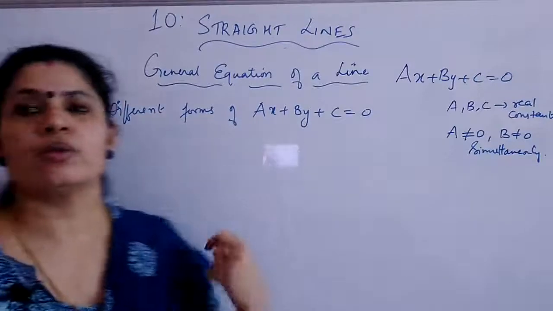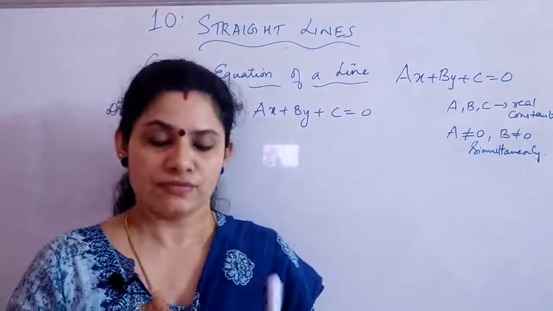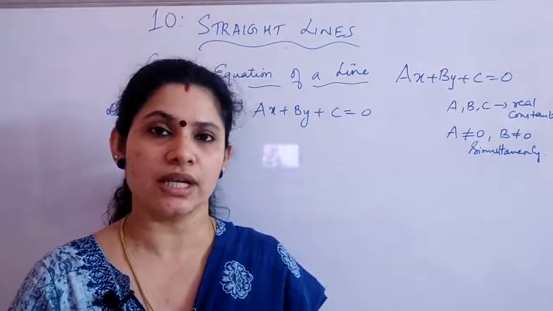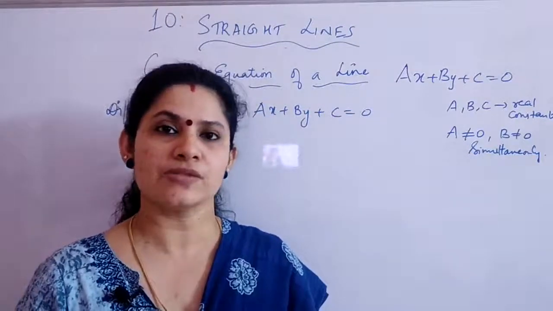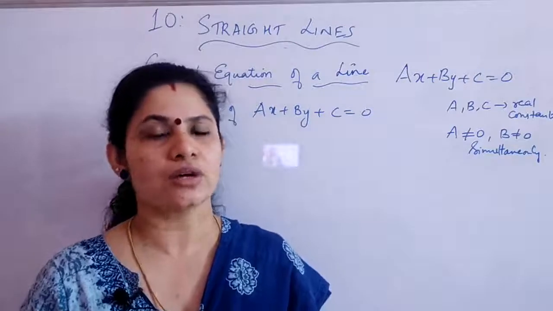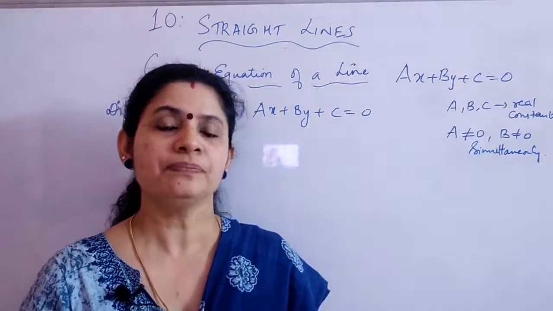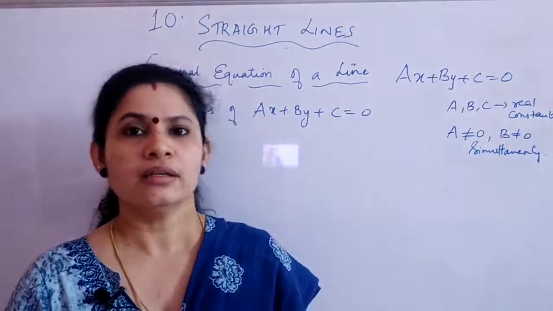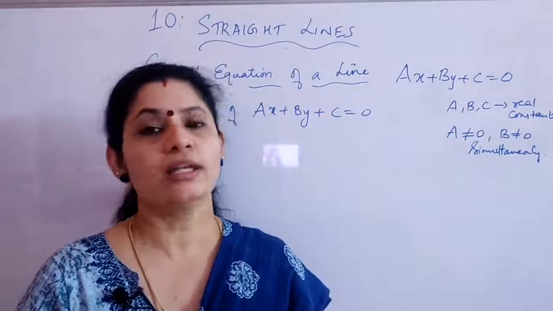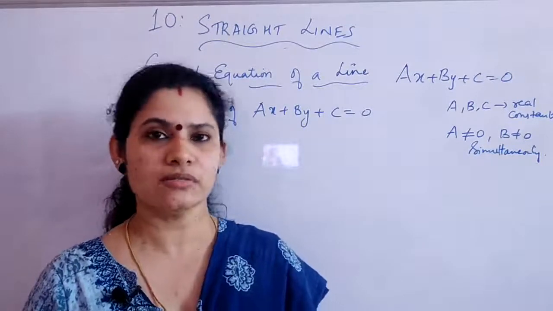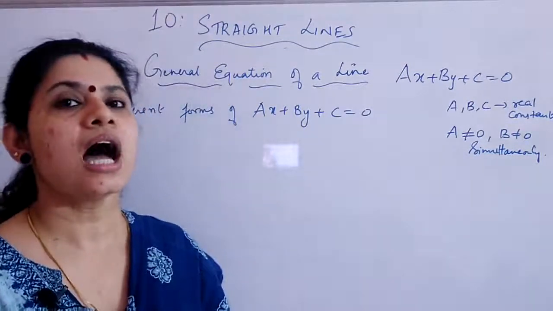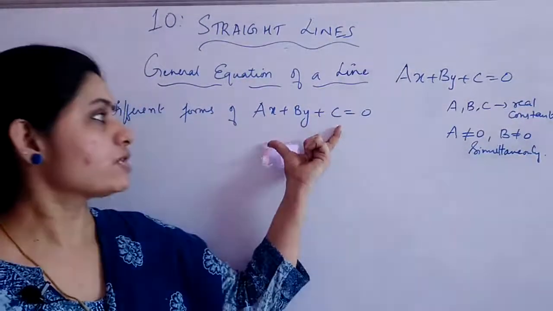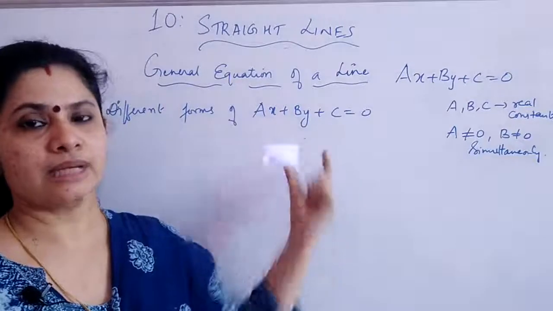Now in this topic, we will be provided with a general equation and we have to reduce that general equation of the line into certain forms, that means various forms which will be asked in the question, and that can be either the slope intercept form, intercept form, or normal form. As asked in the question we will just reduce them. So first we will see how to reduce a given general equation of a straight line in slope intercept form.